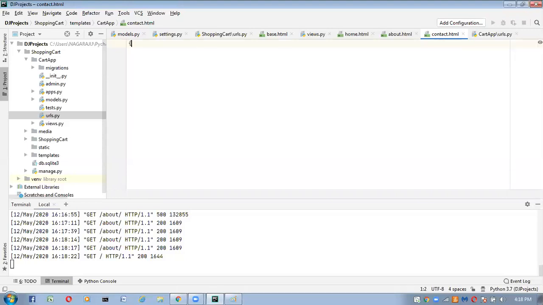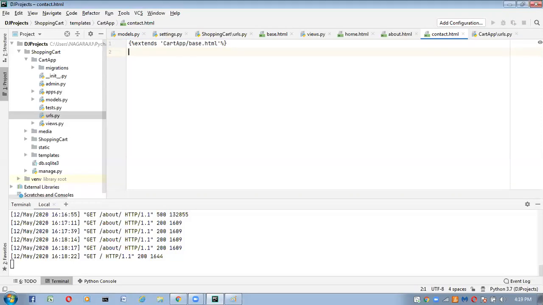For that, what do we have to write? Inside this percentage, extends. Here we have to take cartyap slash base.html. We have to take base.html like this.